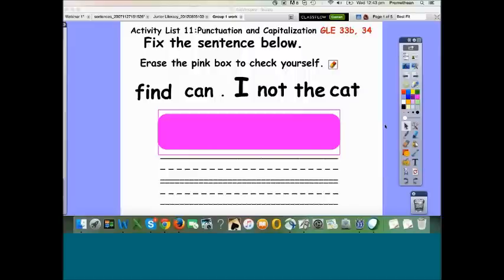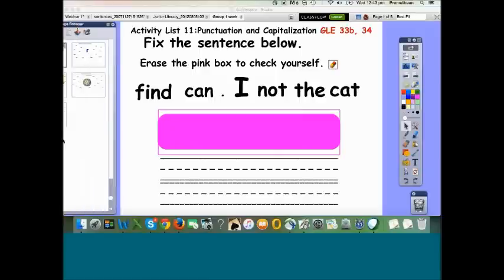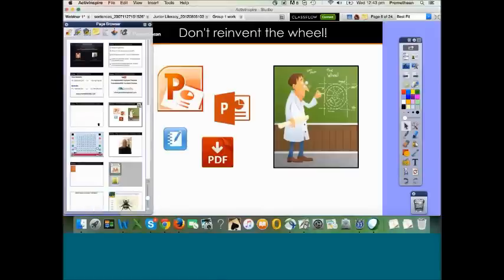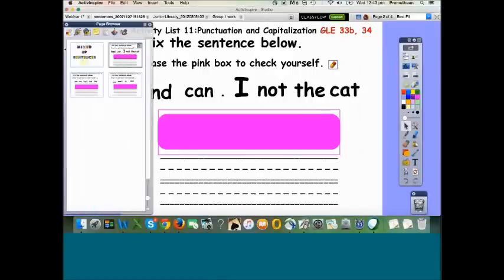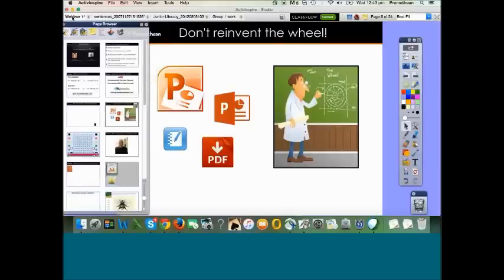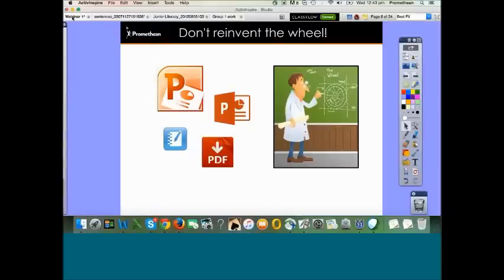Nice and easy. Now, just so that you know, if I had wanted to, I could have used my keyboard shortcuts of Control C, Control V, or Command C, Command V as well. They work just as well. Okay. The next time-saving tip I have for you is to have a look in the resource browser